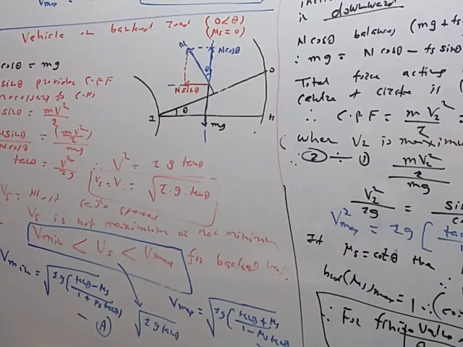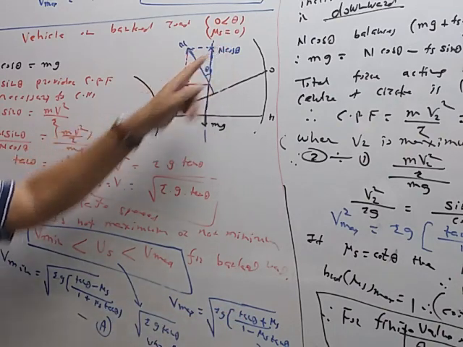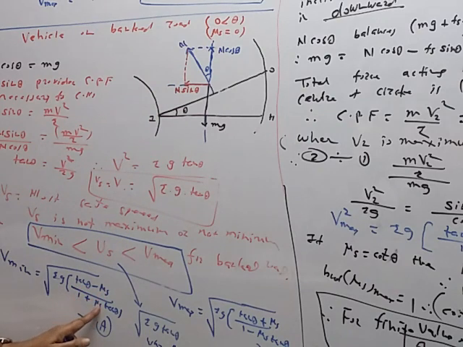So when mu s is equal to 0, this is the case as shown in this figure, and therefore we get V is equal to root Rg tan theta. This is when mu s is equal to 0 in equation A and in equation B. So this speed limit is obtained by using equation A and B. Only you have to put this value. Put mu s is equal to 0, we will get the same relation. So under root Rg tan theta, this equation.